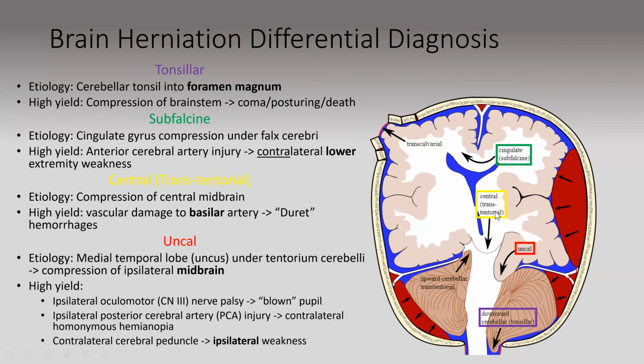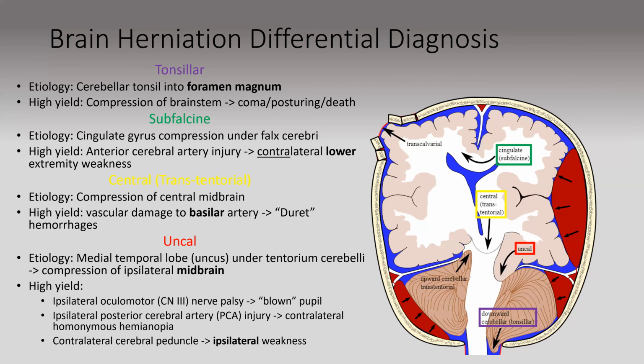Then we have what's called a central herniation, or transtentorial. So this is basically where the central portion of the subcortex is herniating into the midbrain. So this can often cause vascular damage to the basilar artery, which runs right here through the middle of the brainstem, and what are called Duret hemorrhages. These are little punctate pinpoint hemorrhages that can occur in this area and can lead to what's called locked-in syndrome as well, or it can also just lead to coma. Locked-in syndrome would be a high yield syndrome where you basically have